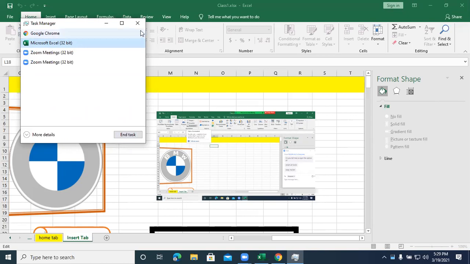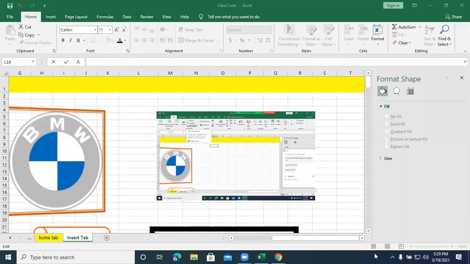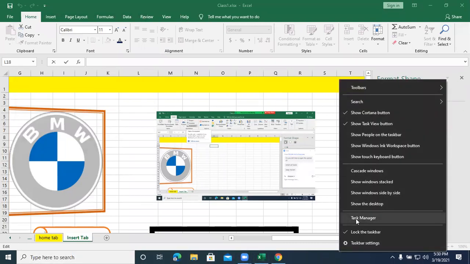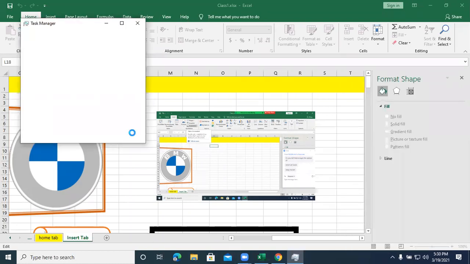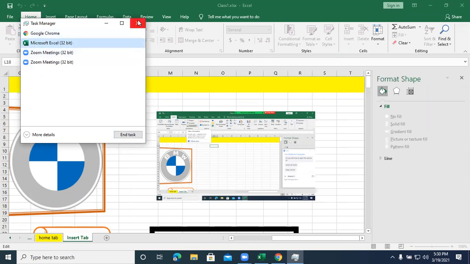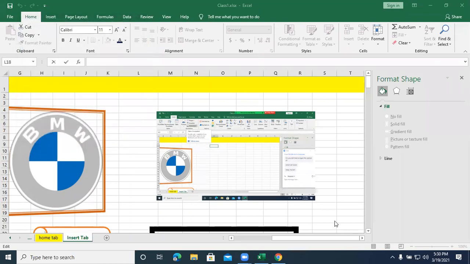That will close your file, and then reopen it again. Can you please repeat it, ma'am? Right click on the taskbar, the bottom bar. Click on task manager. You will get the Excel file, whatever file you opened. Select Excel and click on end task. It will quit, and you reopen it again. Okay. Thank you so much.